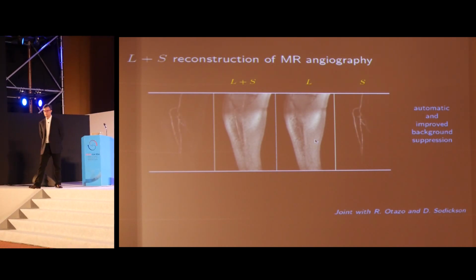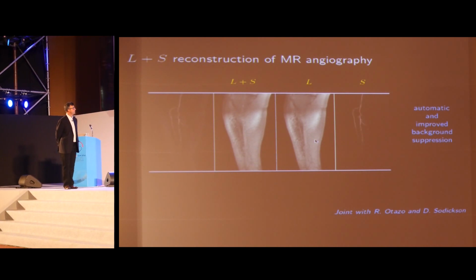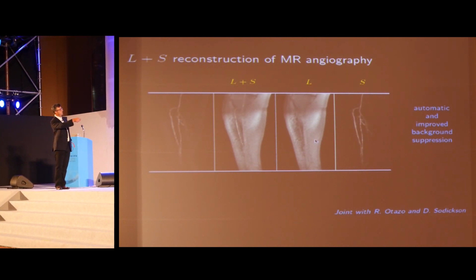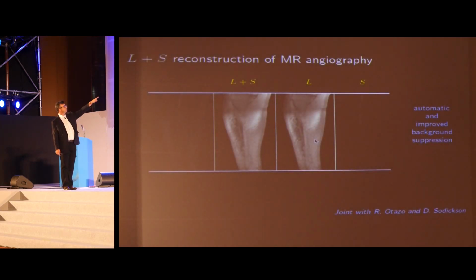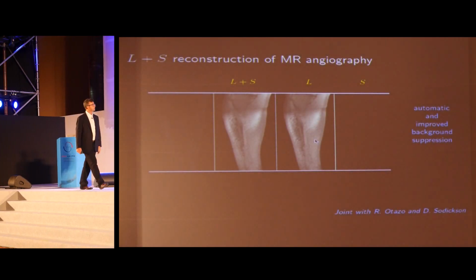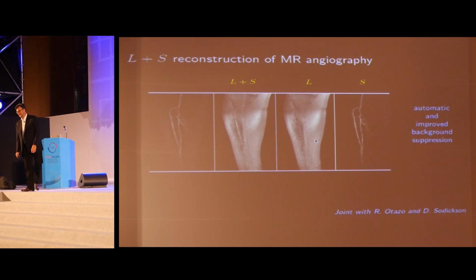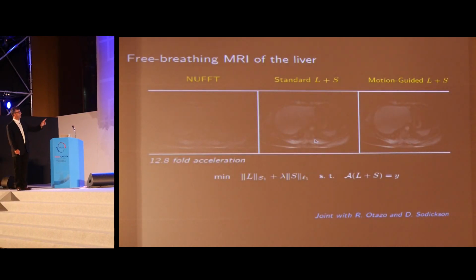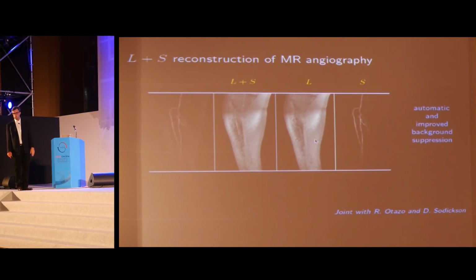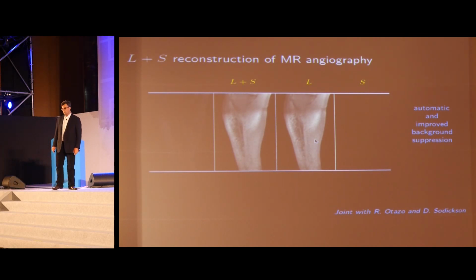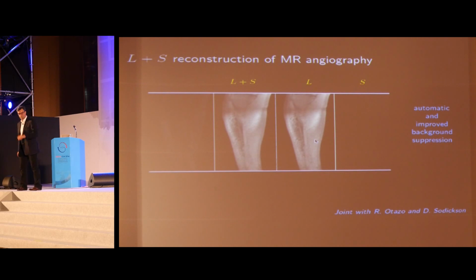All right, so first of all, visually, people like this because it does automatic background separation, so doctors want to see blood flow, which will show, of course, in the sparse component. By just looking at the sparse component, you subtract the background, and so you can follow the blood flow through the veins. By the way, this is really joint work, and it's really the work of my colleagues, Aug14Thu and Daniel Sodikson, who are radiologists at NYU.